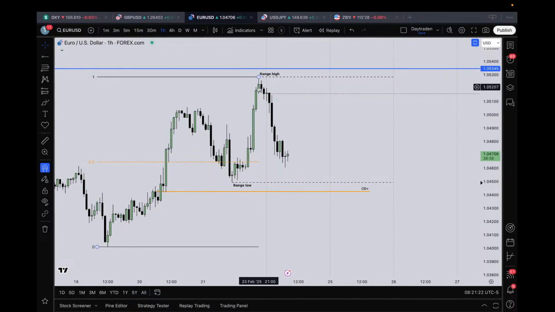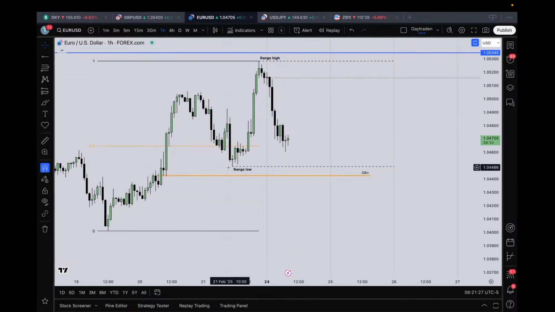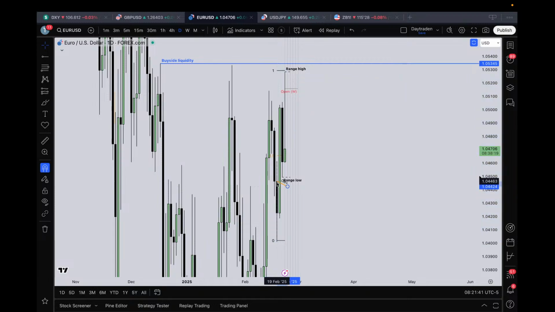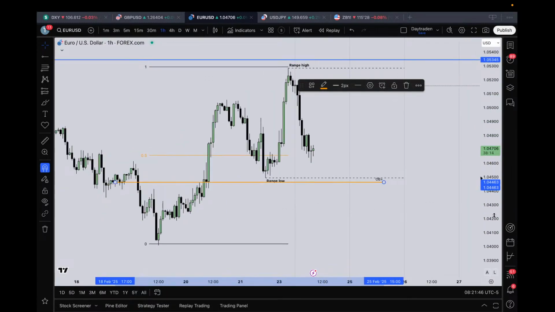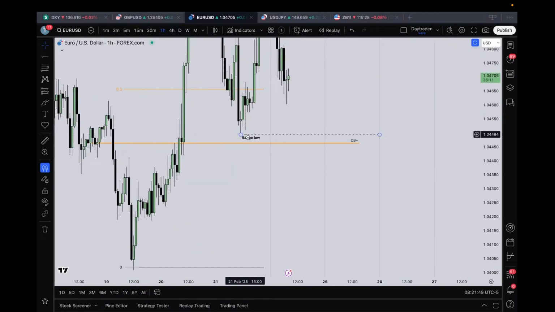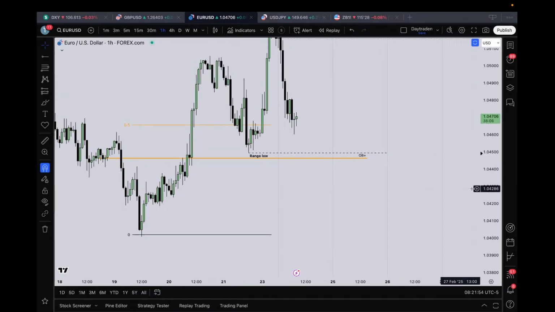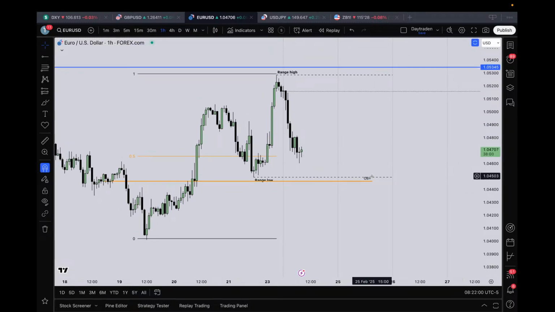So for now, we are actually looking at this 4-hour dealing range. And this is the lower time frame range within the bigger time frame range. And I'm looking for this sell side liquidity pool, which is the range low, which is just created above the daily order block. I'm sorry, I need to point out the correct one. It's this one right over here. Here you can clearly see that this low is just created above the daily order block, which is the level we want to utilize as that high time frame key level.